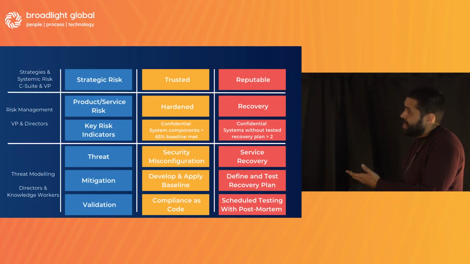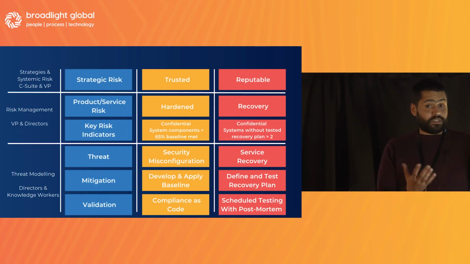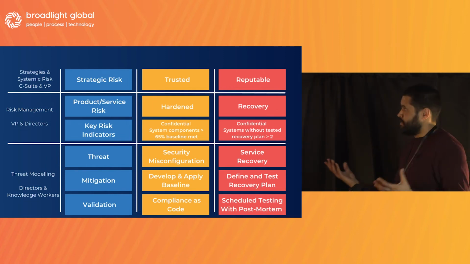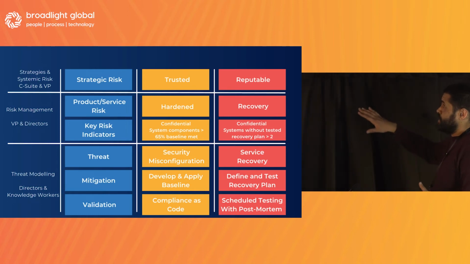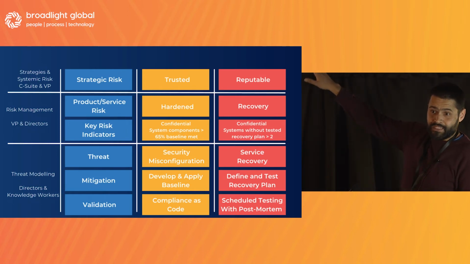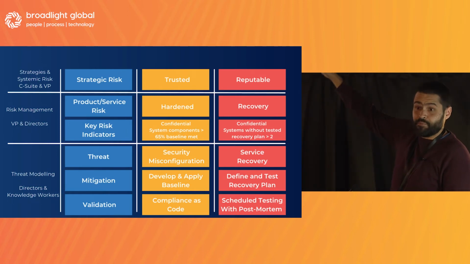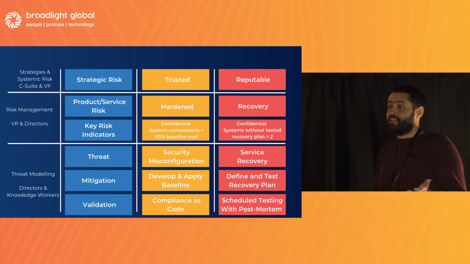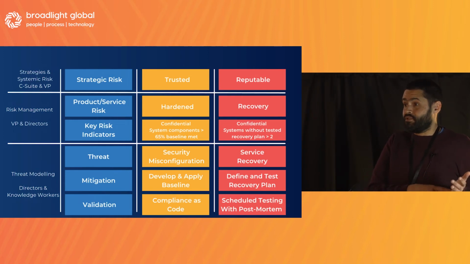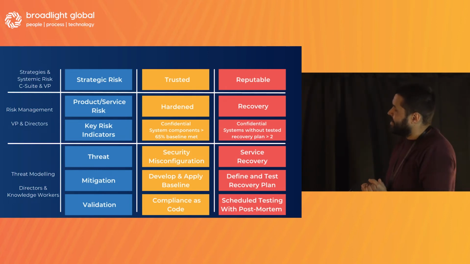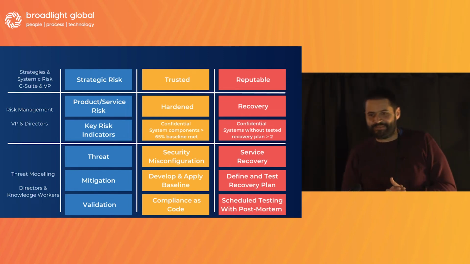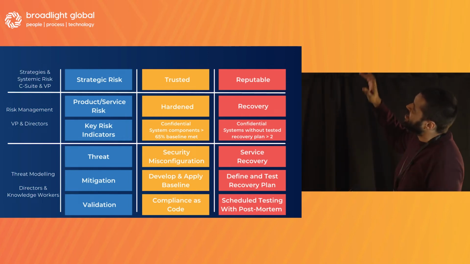So this is a way that I like to try and connect these 3 timelines. There are other ways of doing it. This is one that I particularly like because it's simple. So thinking of business risk from a normal business attribute normalization perspective, so something like trusted, reputable, those are things that I usually, when I interview an executive, they will tell me those words, right? And what I like to do is I pick up those words and I use it against them. And I think it's the best approach to do with anyone. This is free advice, please take it. Using their own words against them is the best strategy to make someone change something.